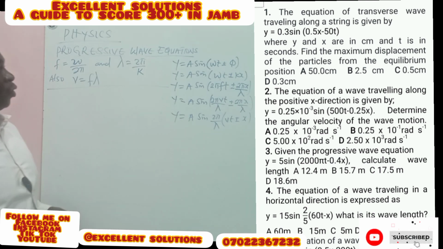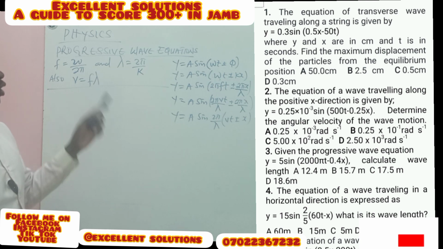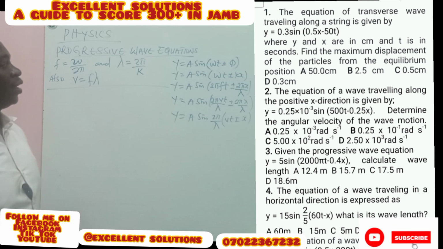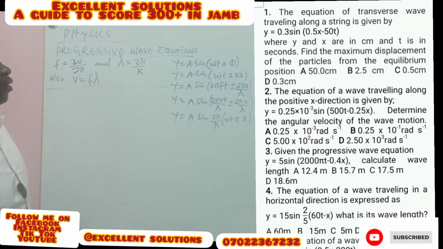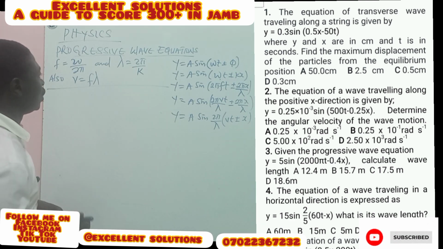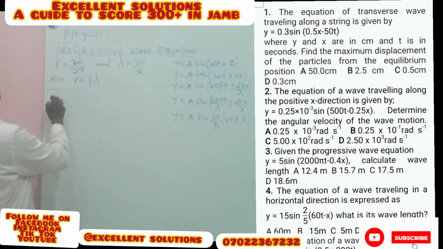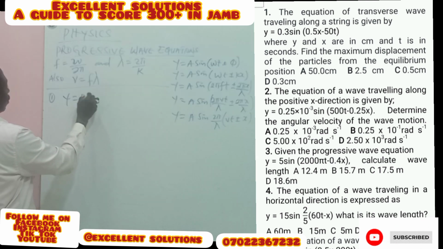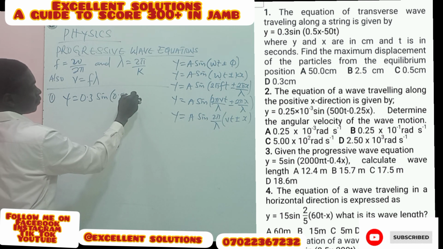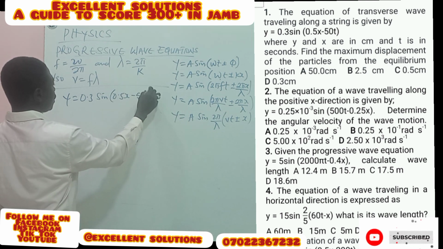So to solve this problem, the first question that we have here says the equation of transverse waves traveling along a string is given by y equal to 0.3 sine (0.5x minus 50t). So this is an equation that is moving from left to right. So in this case, we are going to compare this equation, y equal to 0.3 sine (0.5x minus 50t),